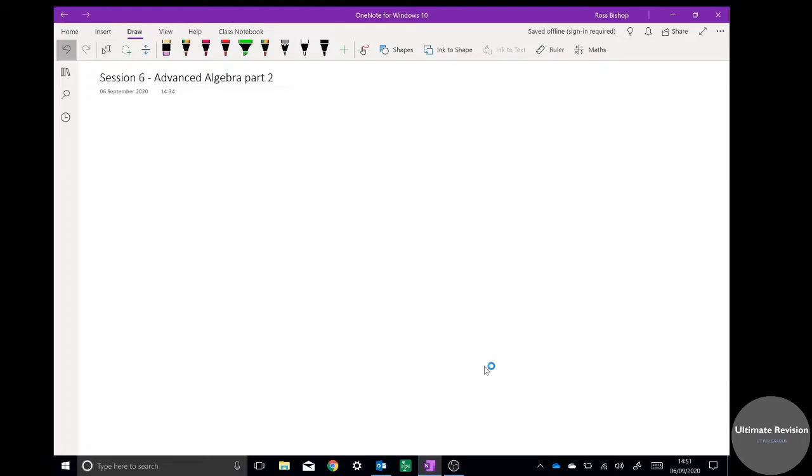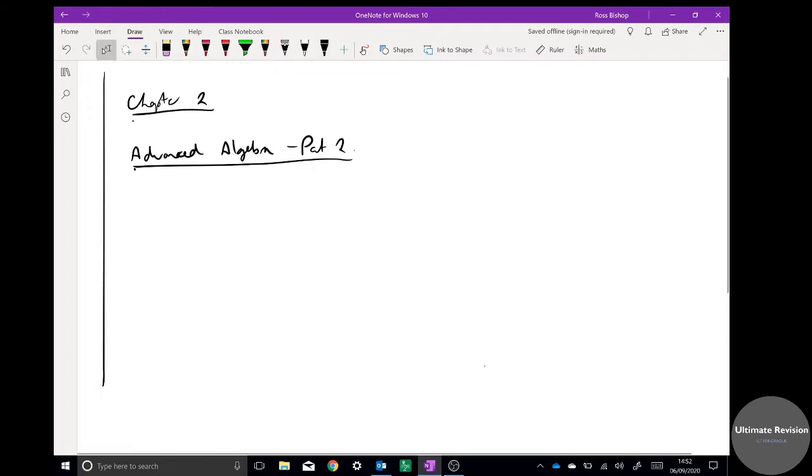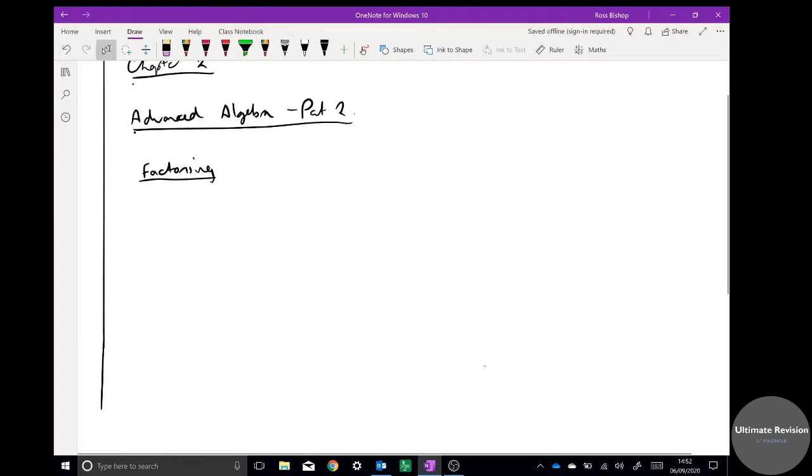So, like I say, this is chapter 2 from the AQA book, and it's Advanced Algebra Part 2. Okay, now it starts with a bit of factorising. So a lot of this chapter is going to be recap work from what you've done already. I'm just going to go through a few different types of factorising, and I would make notes of these as